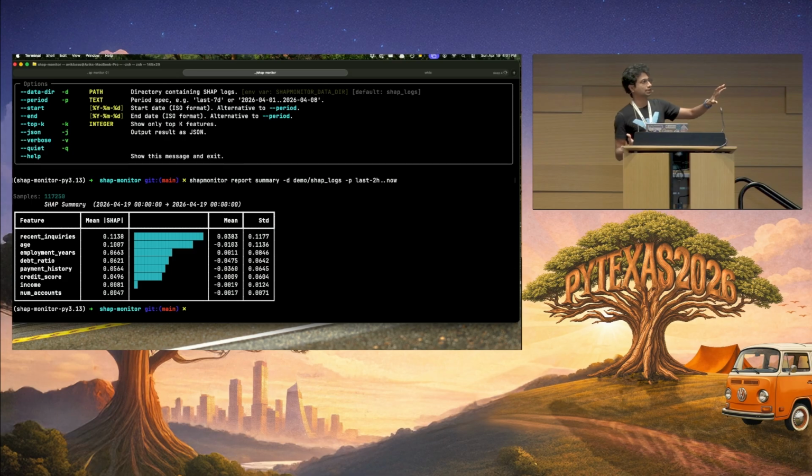So for example, this is sorted by the mean SHAP values, on the second column. And I can see how much each feature is contributing to my prediction. So that's great. Another thing that I can do, now we have a second subcommand, which is, let's see, report